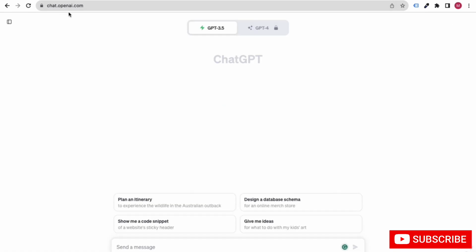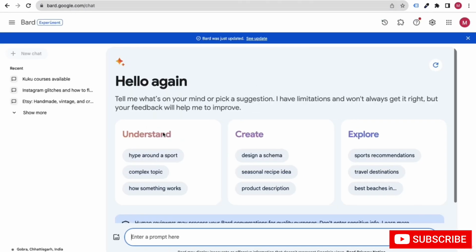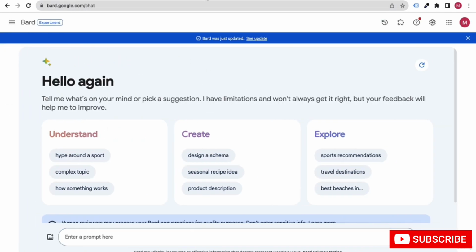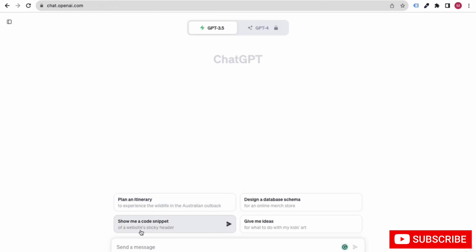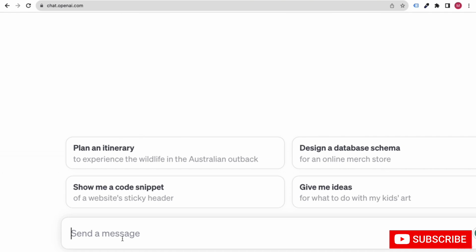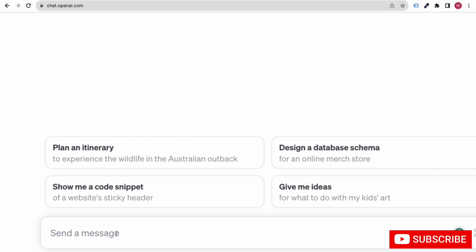It's very easy. You can either go to chat.openai.com or Google Bard as well, or you can even go with playground.openai.com/playground and use that one. But for now, let's go ahead and use ChatGPT. Here you can write one prompt. Let's say, write the code of a Flask Python API